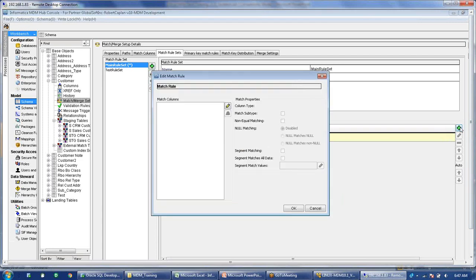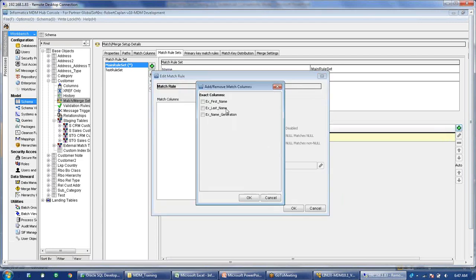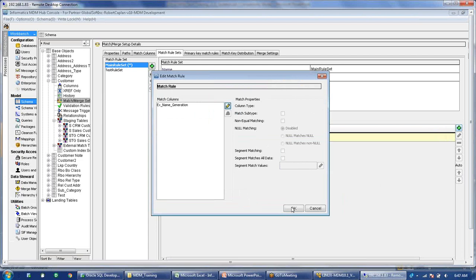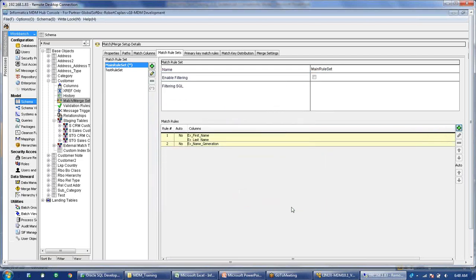Similarly, I will click on this add button again, and this time select name generation. I just want to match based on a single column, which is name generation. So I have created two rules here: one based on first name and last name, and the second based on the name generation column.